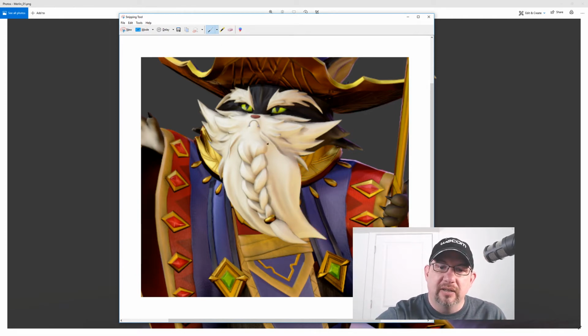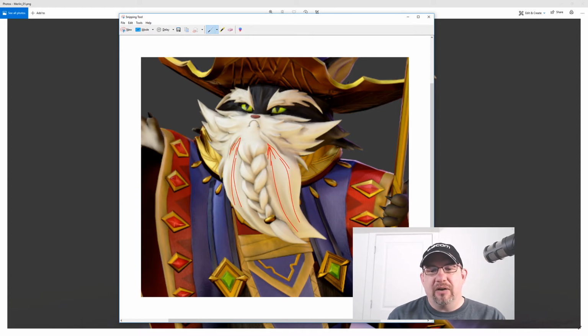I would either darken up some hairs coming out of here, going with the flow of the beard, of course, not straight. I should probably do this in Photoshop so I can show it better. Some darkness here, and then maybe a couple going down, just to help that flow, to fill it out and make the level of detail across the entire character look believable. Or another thing you could do